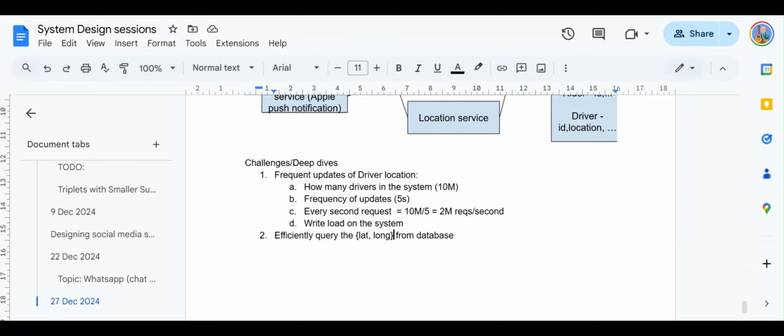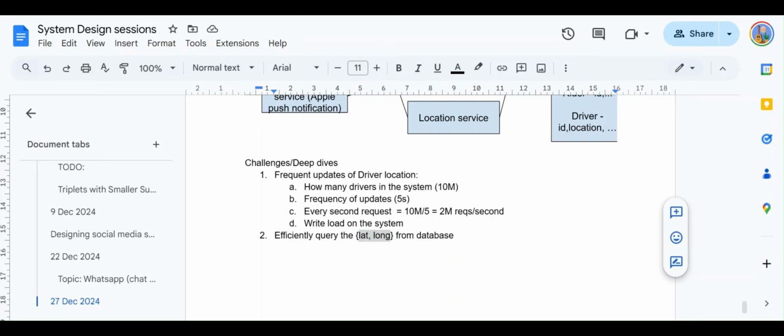If you know how database indexing works, it usually works on the concept of B-trees. B-trees are height-balanced trees with log n time complexity to search. But the problem is that they are not optimized for multi-dimensional searches. You can optimize for a single-dimensional search, but if you need to find latitude and longitude together as a combination, it is not optimized for that.